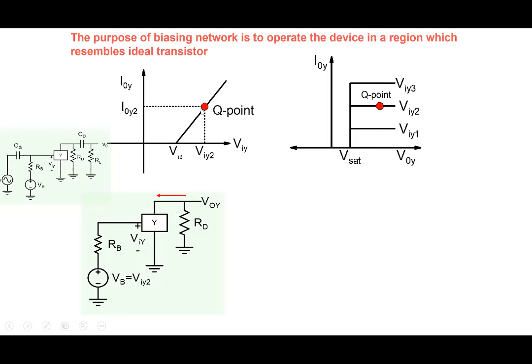So we are somewhere over here, but this requires a current to flow in this direction here. And then the current of course has to go like this, and this results in a negative voltage here, which is contradictory to this particular plot. It says that if you're anywhere less than VSAT, VSAT is positive here, anything less than VSAT here, then the current is 0 here. So this thing is not going to work for us, because this arrangement will give rise to a negative voltage